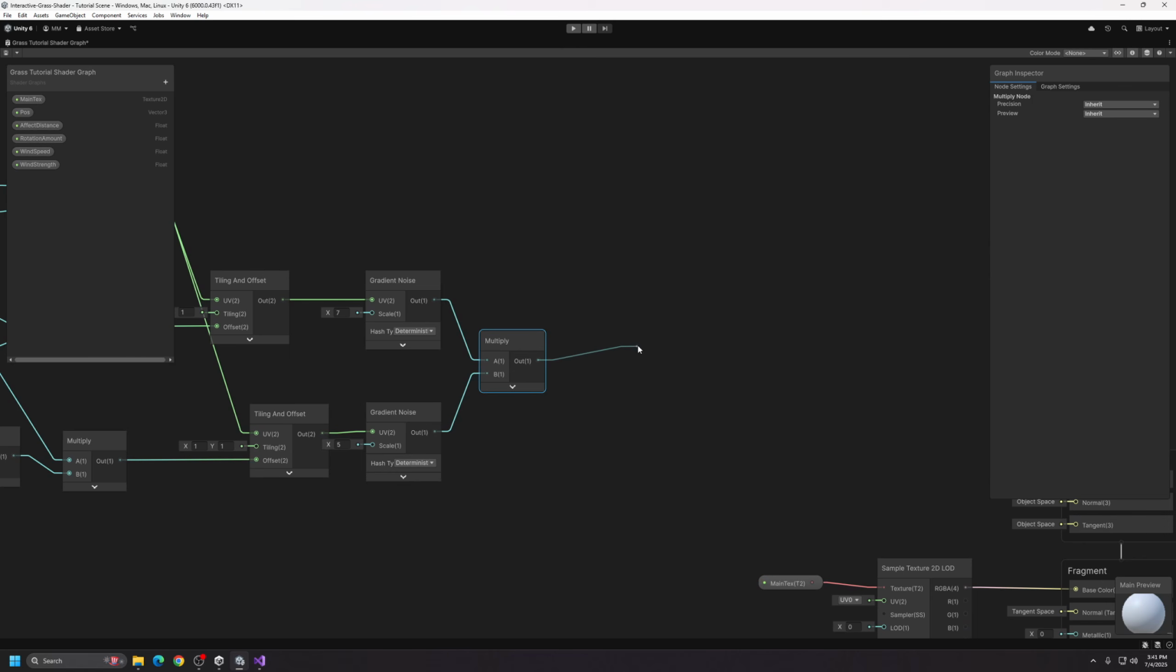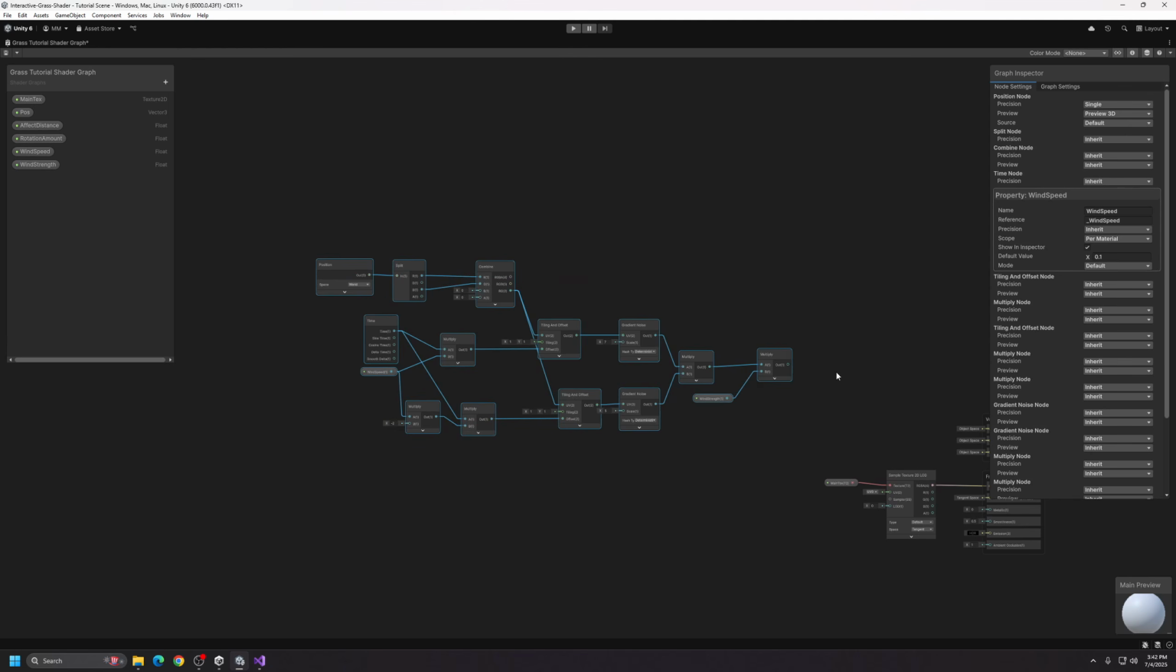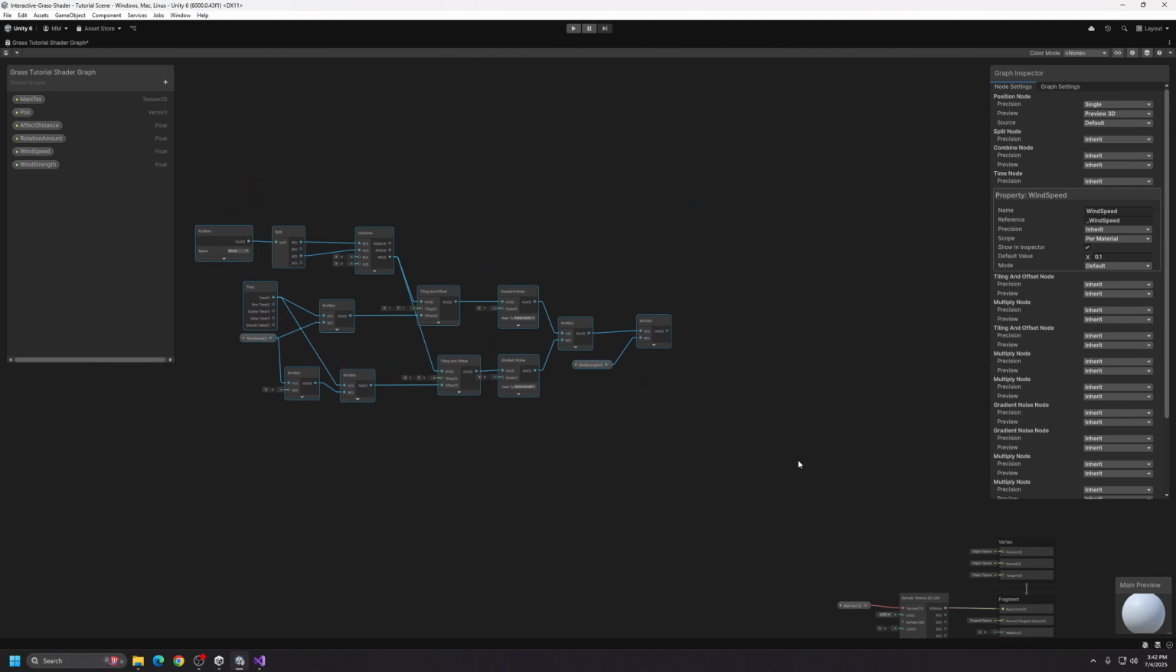Then from that, we will want to go into another multiply node, and this time with wind strength. And for wind strength, I will set our default value to 1. So it's not really doing anything yet, but if you wanted to decrease it to weaken it, then you could, to make it have no wind. And if you want to increase it, then the wind will really affect the mesh. Like the stronger the wind strength, the more the mesh will move based on the noise. So for now, I'm just going to set it to 1, and I'm just going to move this up and